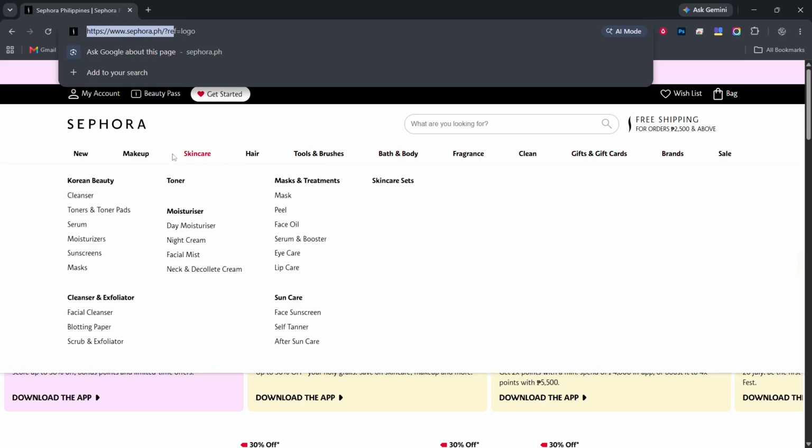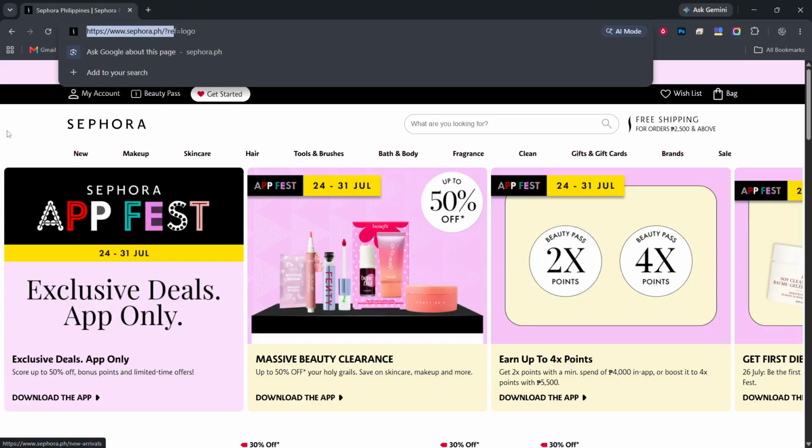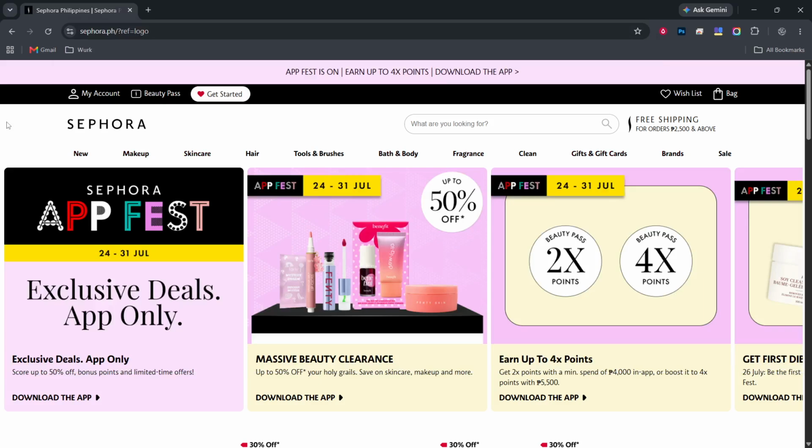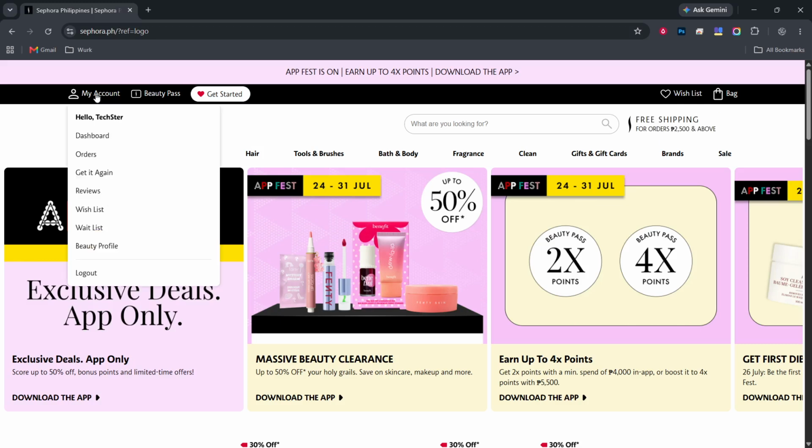Once you are on the site, sign into your account. Look near the top right corner for the sign in option, then click it. A sign-in page will appear asking for your email address and password. Type your login details carefully, since a single wrong character will cause an error message instead of opening your account. After you submit the form, the page will reload and you should now see your account name or profile icon in the top right area, confirming that you are signed in.